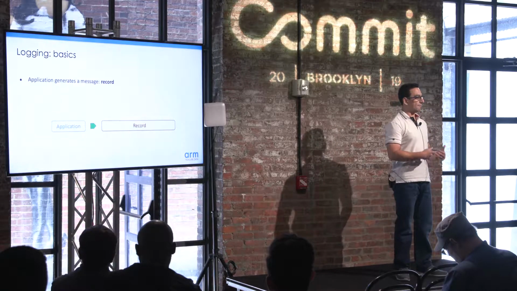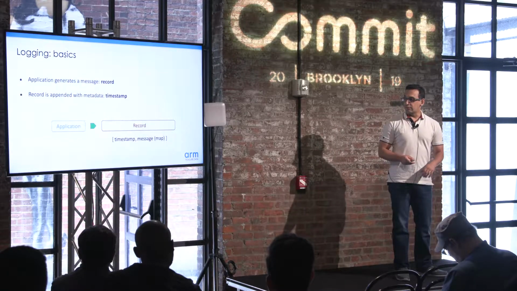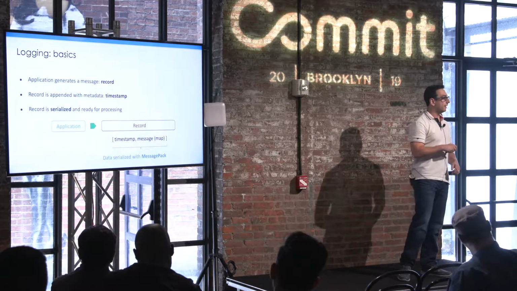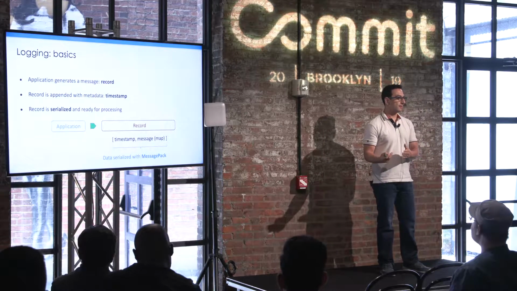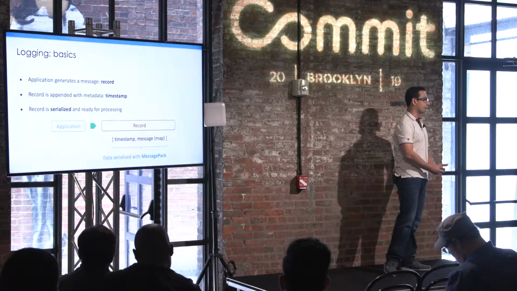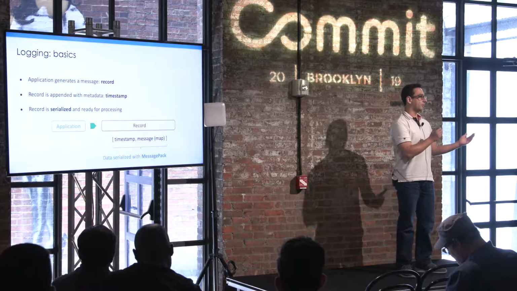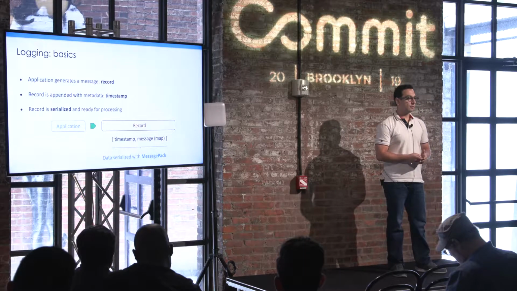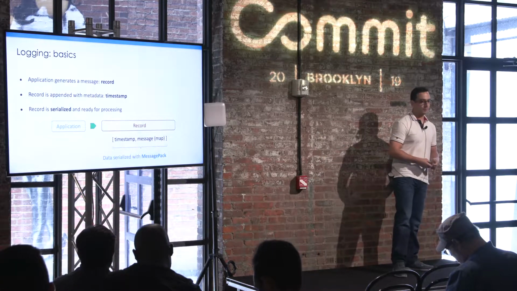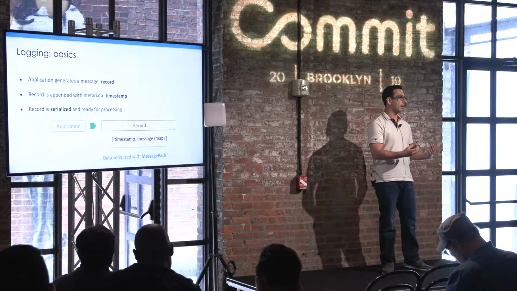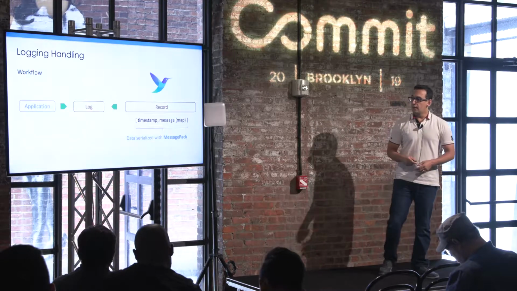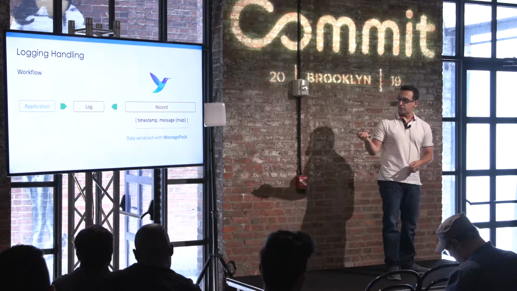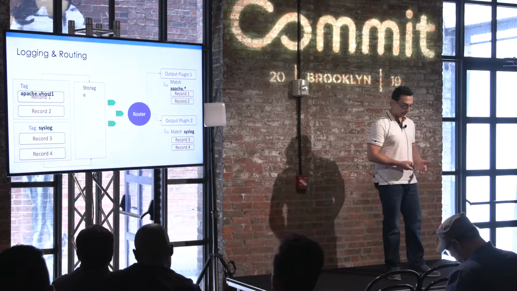Logging basics: an application generates a record. That record or message has a timestamp and a message, as I said before, but internally we don't use JSON. We use a binary format, because you don't want to do data processing by parsing byte by byte. So we use MessagePack, which is a kind of binary JSON created years ago, and Fluent Bit and Fluentd are based on top of it. So the application generates a log. This log goes to the log processor. And how does this work internally?